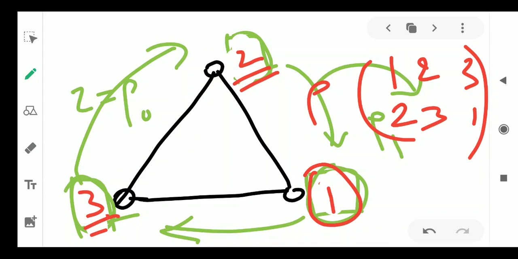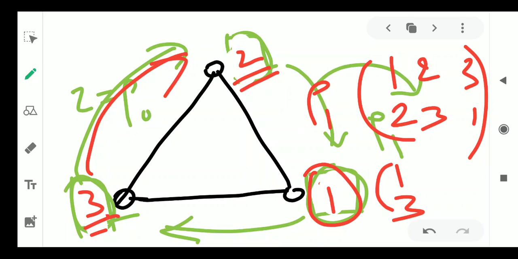So this we have taken as rho 1. Again rotate. Again rotate means this will go here. So 1 has the image 3. 2 has it, so this is 3. Then after 3 it must be 1. Then after 1 it must be 2. So it is 3, 1, 2.